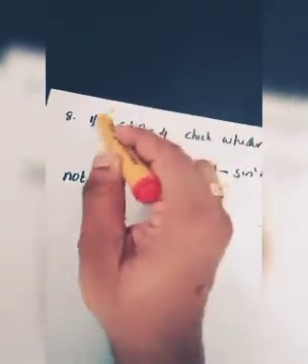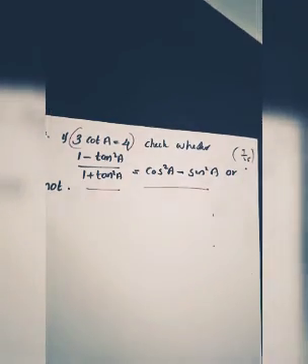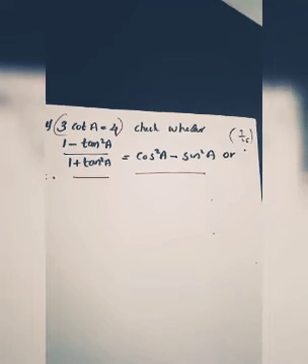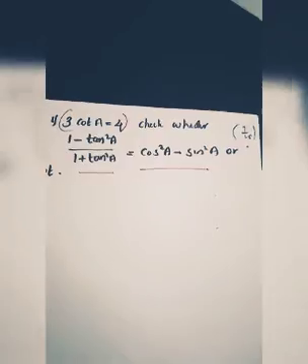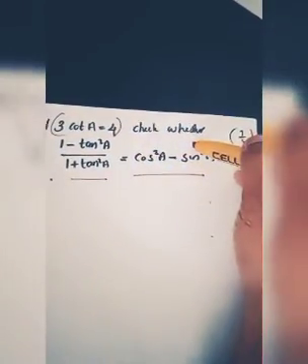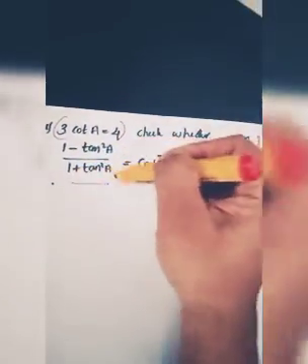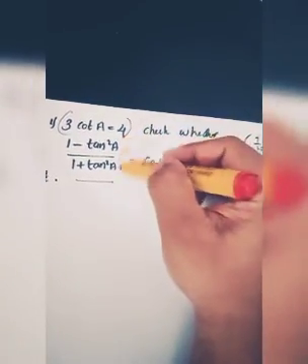By using this given hint, we are supposed to check this one is equal to this one. When you are seeing the question at first, you may think that this is going to be such a difficult question. But let me tell you one thing, not at all. This is a simple question. How? Because 3 quotes is equal to 4. By using this given thing, we must check this one is equal to this one. No problem. Here, in order to check 1 minus tan square A by 1 plus tan square A is equal to cos square A minus sin square A or not, we need the value of tan A and we need